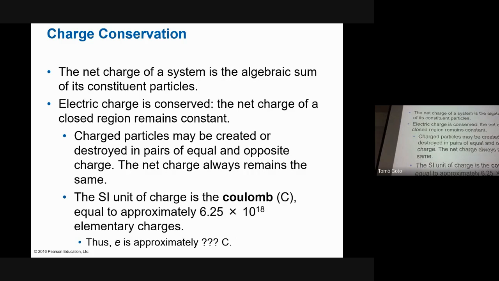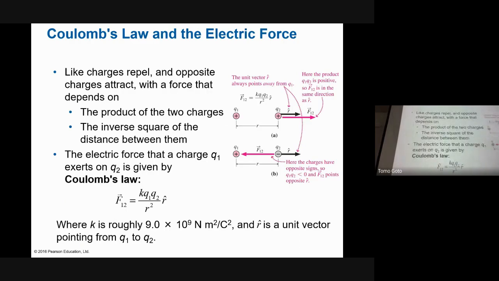So this one coulomb is this E, right? So one is... yes, did you say minus 19? So minus 19, right? So you just take the 1 over this number and then you get how many coulomb is E, right? Okay. Then let's go to the next.